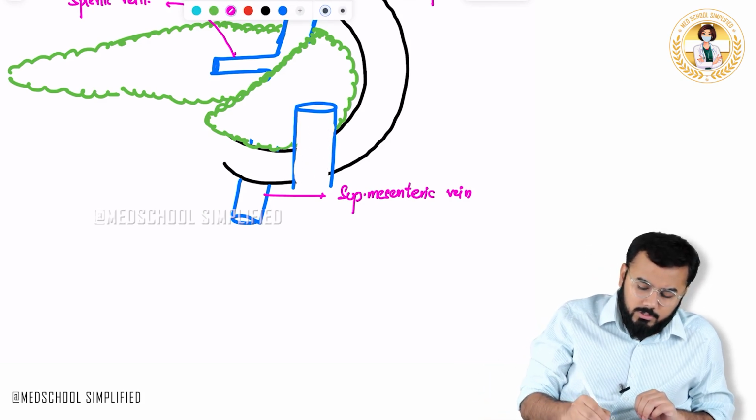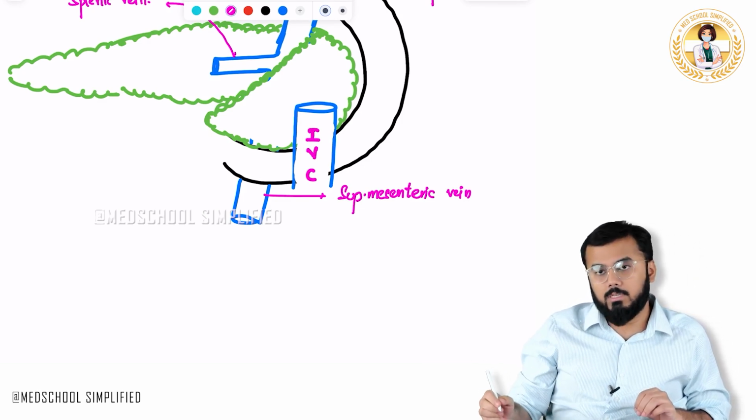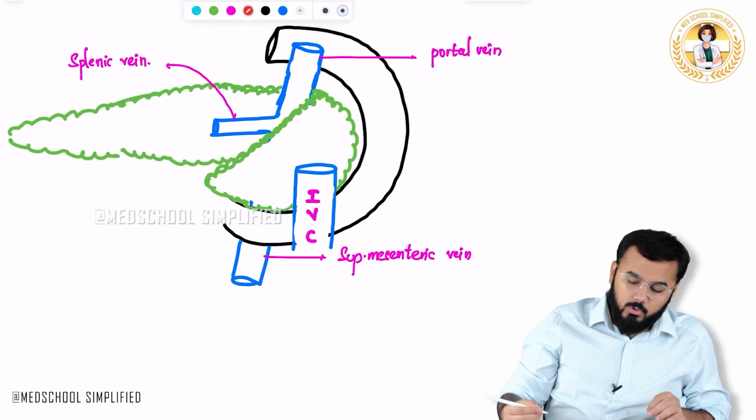Okay, what is the structure over here? This is called the inferior vena cava, IVC. Okay, any other structure did we miss? Yes, there is one more structure over here,